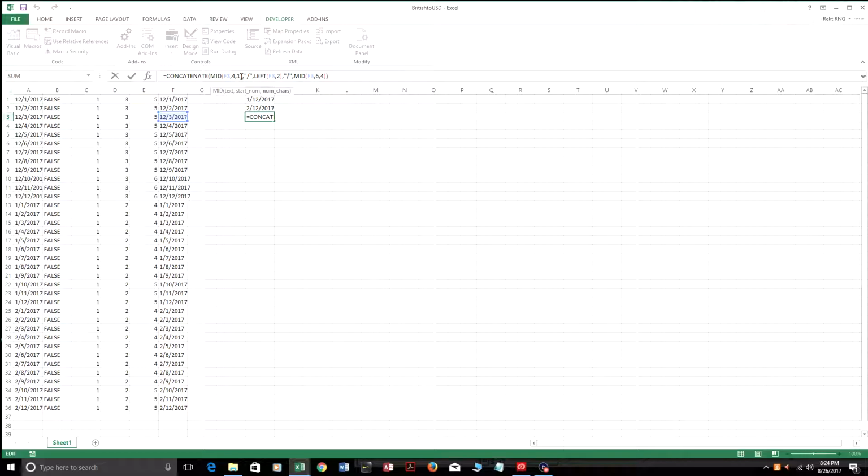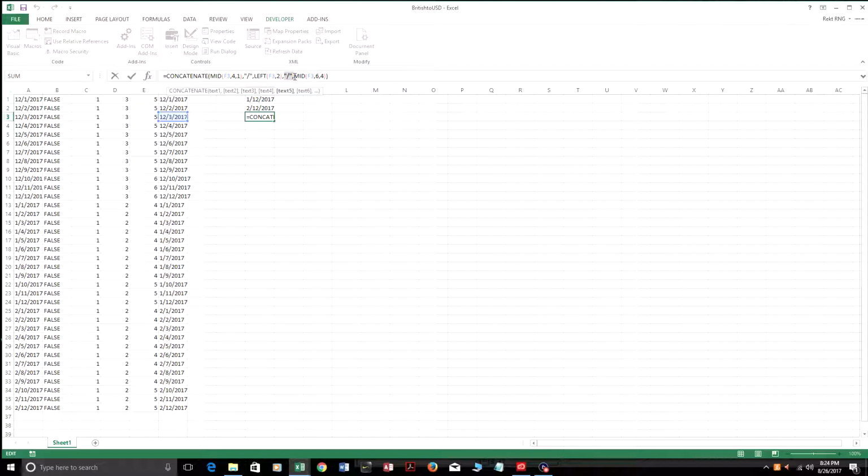So it returns 3 for this, and then it concatenates the 3 with a / because we need a / after the month. And then for the next thing, it's left of here, and we want 2. So we want the first 2 characters, which is 1 and 2. So this right here is 3, and then we got /, and then we got 12, and